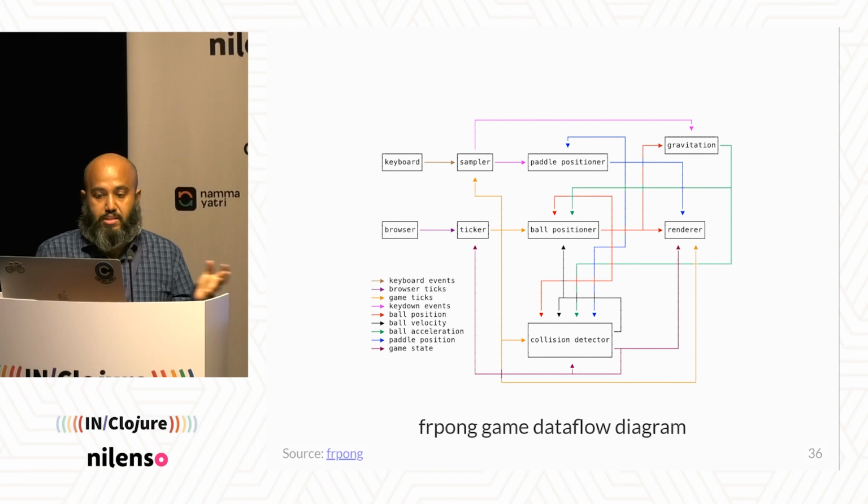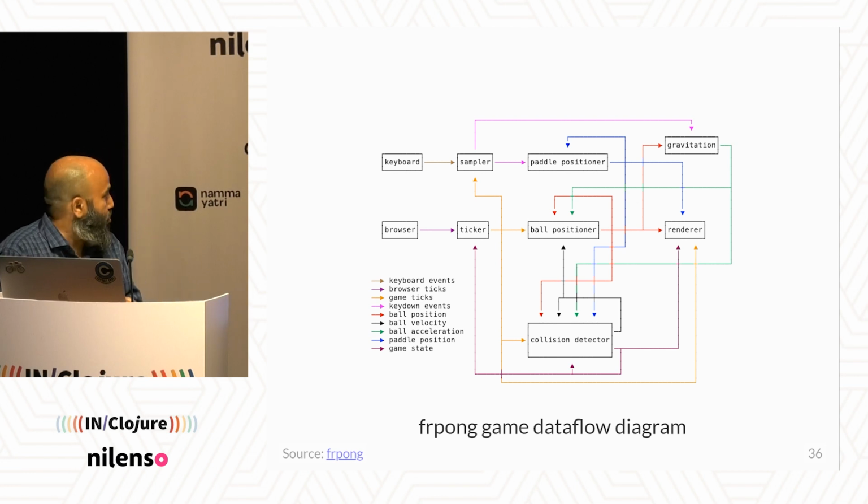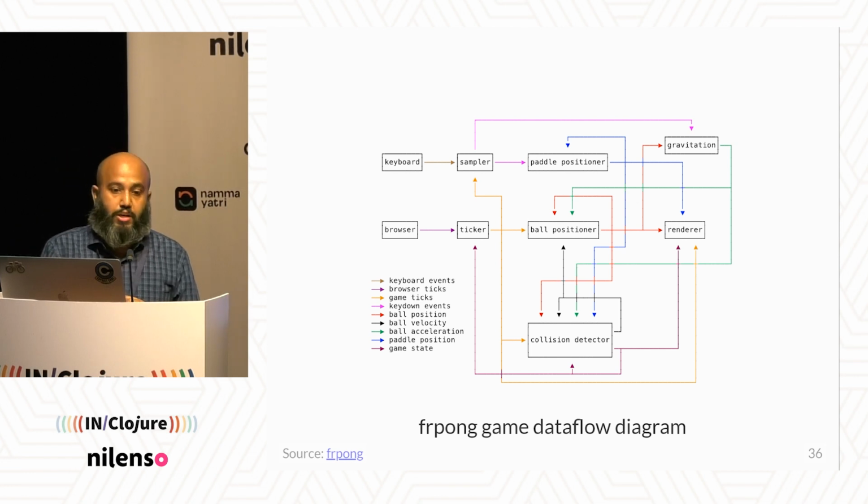This is a more extensive example from a game I wrote when I was learning Clojure. And I'm sorry, as you can see, there are so many different components, and so many flows in between with different colors and stuff. It's sort of a Pong game which you play in the browser. The keyboard event comes in, which is the buttons you press. The ticker event comes from the browser, and then there's a ball positioner, a paddle positioner, and computations that happen. There's a collision detector, which takes all this data and then outputs the game state and stuff like that. It's all connected, right?